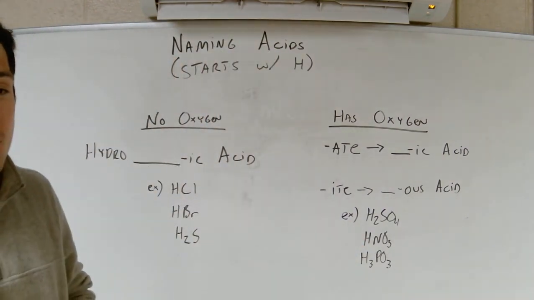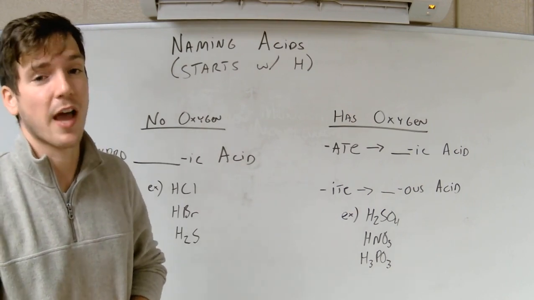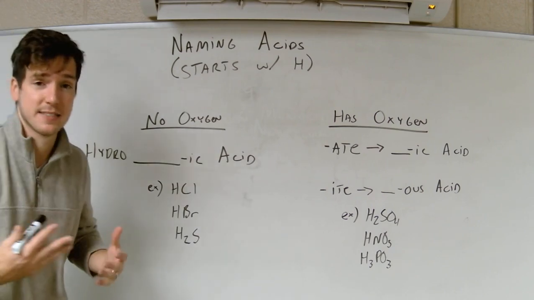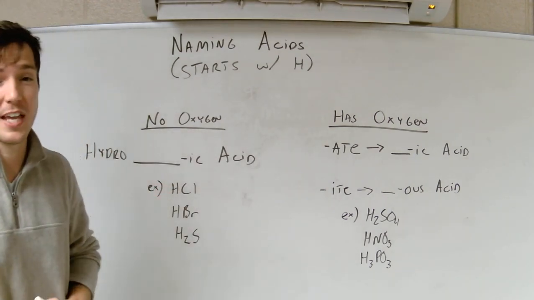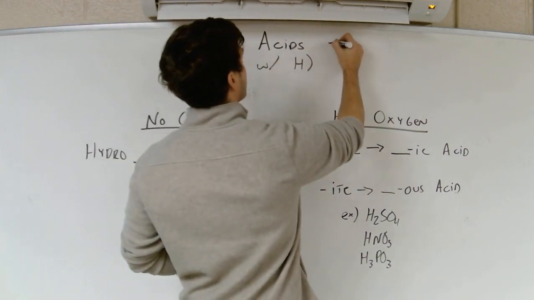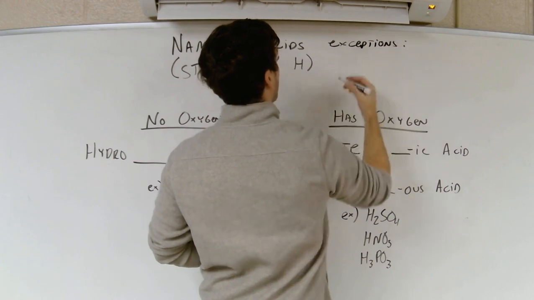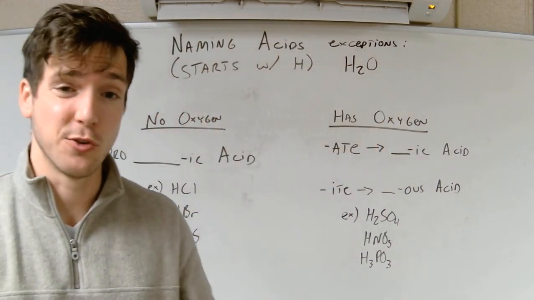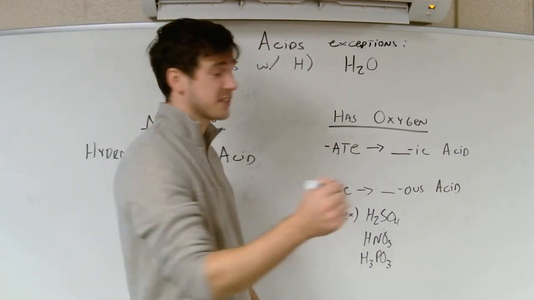You might be wondering, are there exceptions to this? Because you are probably thinking of a compound right now that starts with an H that is not an acid. Yes, there are two exceptions to this of compounds that start with H that are not acids. So exceptions, you might be able to think of one. Water, okay? Water is not an acid. It is neutral. It has a pH of 7. So that is one exception. Another exception is